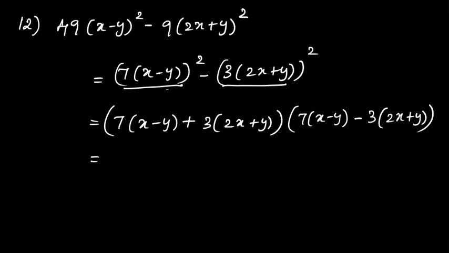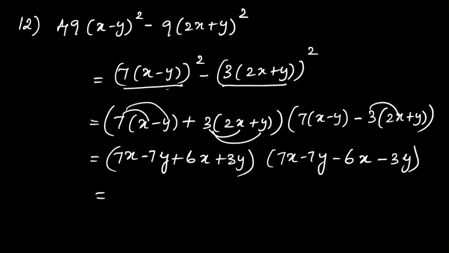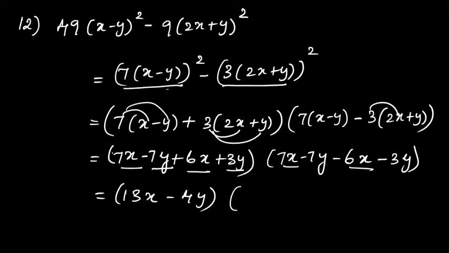So in the next step, multiply the terms, we get 7x minus 7y. Similarly multiply 3, we get plus 6x plus 3y. So again multiplying here, we get 7x minus 7y. So minus 3 into 2x, we get minus 6x. Then minus 3 into plus y, we get minus 3y. So next step, simplify. So we have 7x plus 6x, so we'll get 13x, minus 7y plus 3y will get minus 4y. So similarly here 7x minus 6x will get x, then minus 7y minus 3y will get minus 10y.